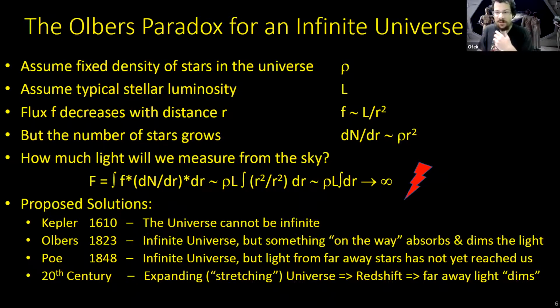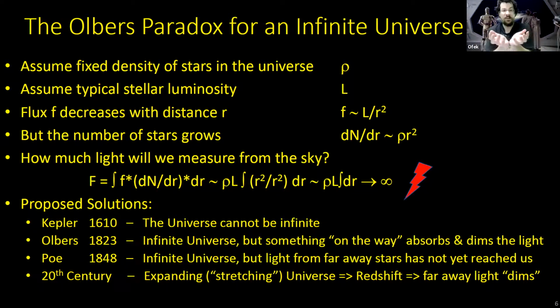You then assume a typical luminosity, average luminosity per star, say some capital L. And again, this can have some factors. You can average out on the distribution, but assume some average L that at least shouldn't depend on direction. It should basically be the same if you average over enough stars in any direction in the sky. Because the flux, as we saw, decreases with r squared, with the distance from the source, like L over r squared, that's just conservation of energy flux exiting any sphere.